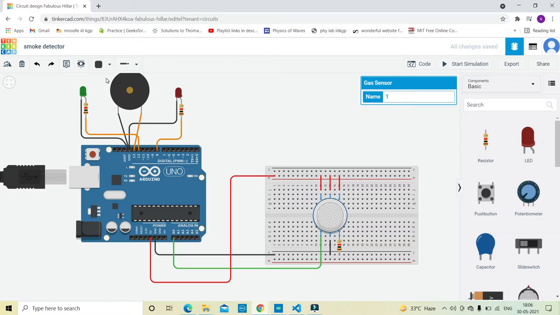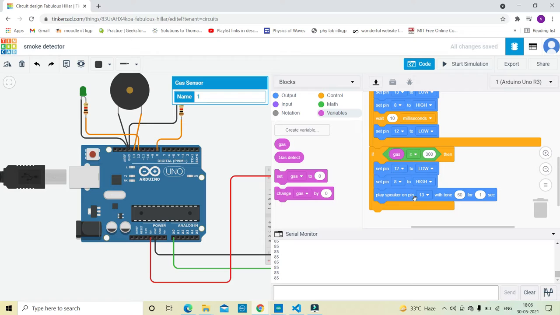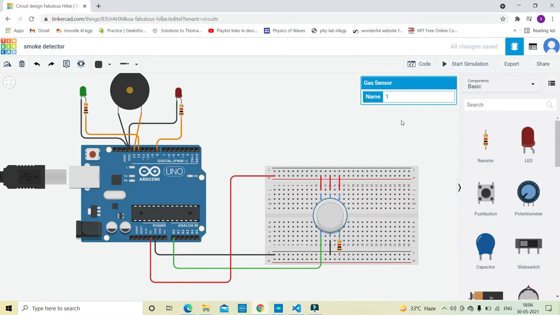When the concentration exceeds the danger limit, the piezo speaker starts working and makes a noise with tone 60 for 1 second, as you can see in the code here. The piezo speaker is on pin 13, its negative terminal is connected, with tone 60 for 1 second. In this way the piezo speaker works, and the smoke detector informs us about the smoke according to its concentration.